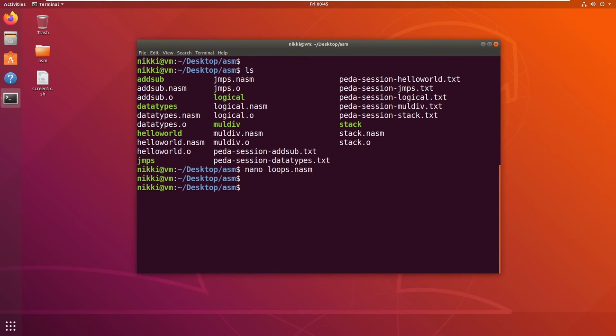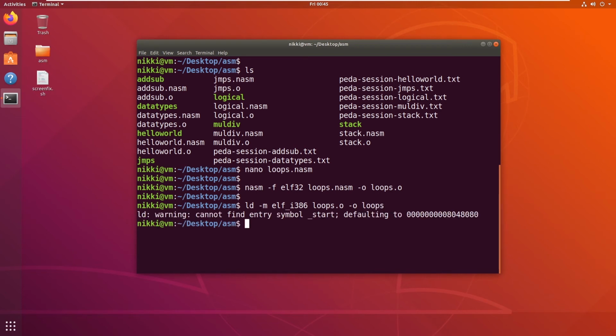Let's assemble it using NASM. Now let's link this object file using LD. Okay, I think I made a mistake.